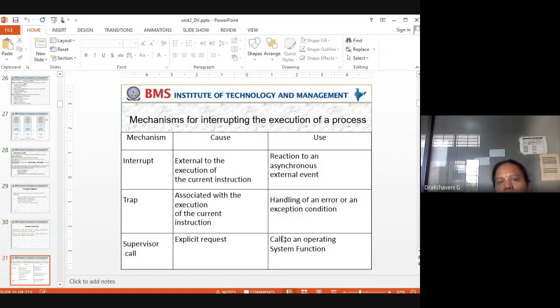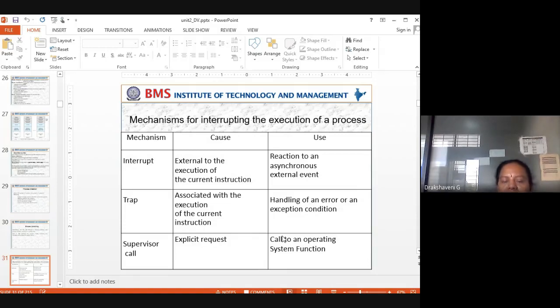The mechanisms for interrupting the execution of a process: mechanism, cause, and use. So then what is the interrupt? It is external to the execution of the current instruction, a reaction to an asynchronous external event. A trap is associated with the execution of the current instruction, handling an error or an exception condition.